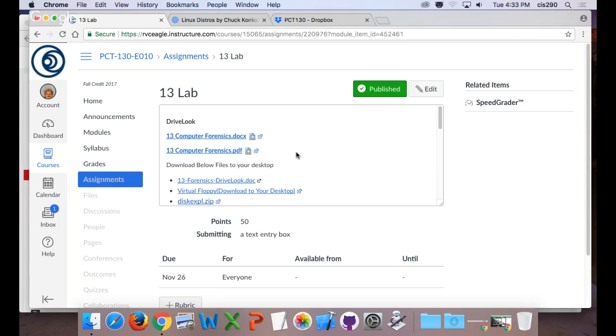Next week, we're going to go over the drive lock and forensics lab, where basically we create like a 5 or 10 meg floppy disk, or it's actually a 1.33 megabyte floppy disk. Yeah, we're using a virtual one. Some of you have never actually used a floppy disk, maybe. So we use a virtual floppy disk, because most computers don't have floppy disks anymore. About 1.44 megabytes. I said 1.33. It's 1.44 megabytes. Thank you.